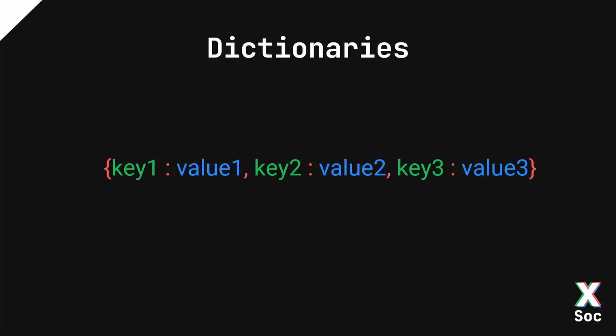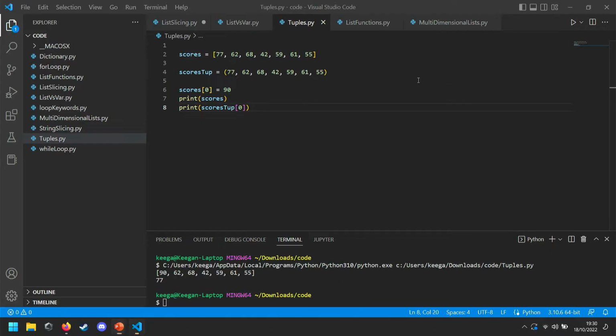So you can see a syntax here. With a list, you use square brackets. With a tuple, you use rounded brackets. And with a dictionary, you use curly brackets. The syntax is key, colon, value, which will basically declare the key that you want to associate with value. And that's how you're going to access that value. And then you define these pairs, as many as you need, and separate them with commas. So to give an example,